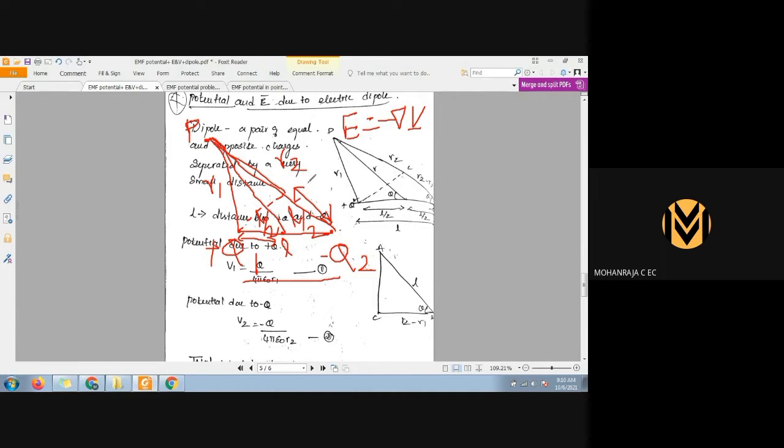R2 minus R1. Yeah, R2 minus R1. So from the diagram only we are going to get all those data. Similarly, what we did for the electric field derivation, we are going to derive. So you can find out that the distance between Q1 and Q2 is going to be L. Okay, and we are going to take a midpoint, and the first half of the distance is going to be L by 2. Another half is going to be L by 2.